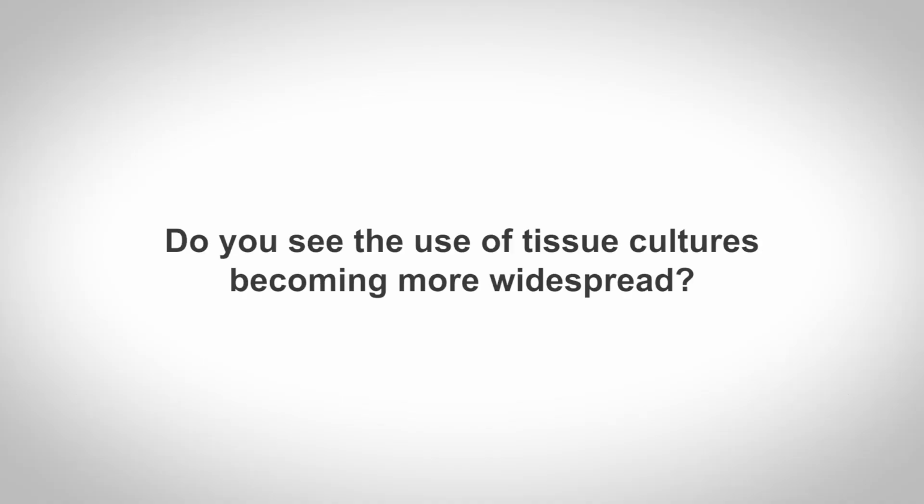It was bigger in Europe at first in the 80s, but then it started to catch on. It took about 15 to 20 years before it became dominant in the US, but now it is dominant. Most everything is either produced by tissue culture directly or tissue culture derived cutting material, because after it goes through tissue culture, it is able to root better. Oh, I think that's the whole progression that's taking place everywhere in